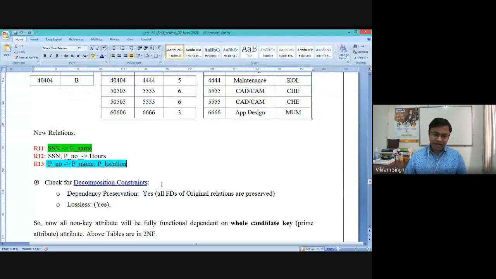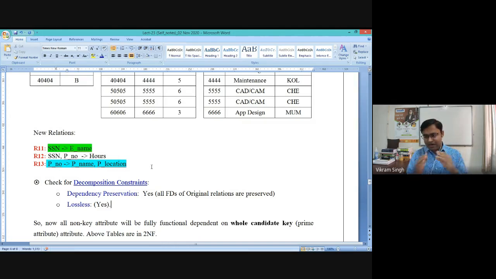Now the constraint is that whatever decomposition we have performed, it should have these 2 properties: dependency preservation and lossless. जो हमने normalization किया है उसमें ये दोनों conditions fulfill होनी चाहिए. Basically that's the theory. तो हमने क्या कहा था कि जब भी हमने basic database table लिया, उसकी FDs ली,